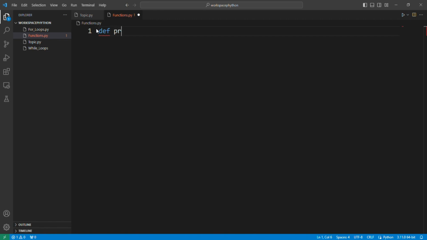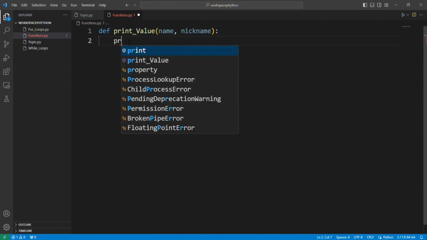So this time print names, or let's take values. And now let's put the parameter. So this time we're gonna take name because we have to have their name and also their nickname. So we're basically taking two parameters, which means there should be two arguments. So we have two parameters named name and nickname. And now let's print